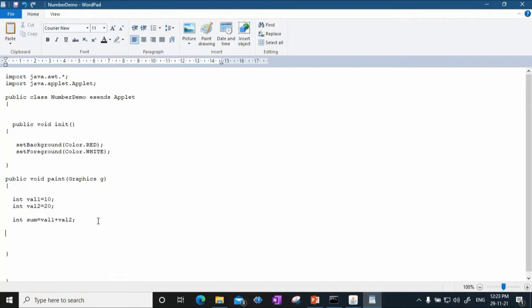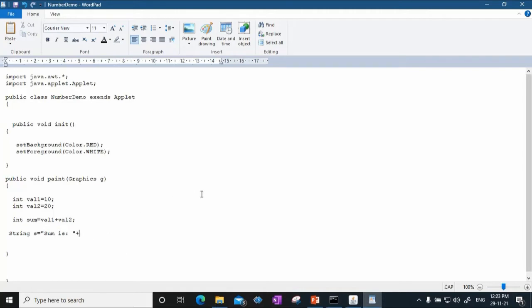a string value. So I will declare a variable of type string s equal to "sum is" plus, and now I want to print this sum, so I have to convert this sum to string.